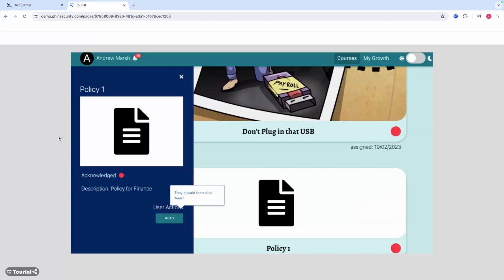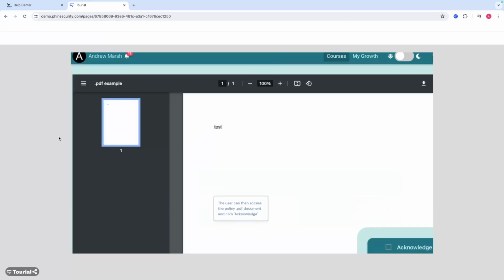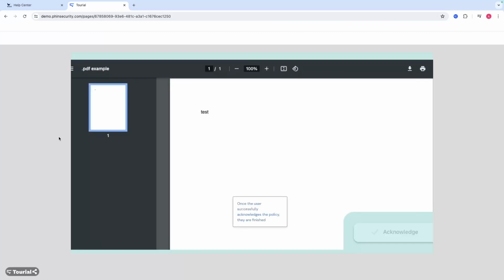They can see it and then click read, and that will take them to the policy. Here you can see it's just test, and then they'll acknowledge that once they've read it. Once they've acknowledged the policy, they are finished, and it will register in the